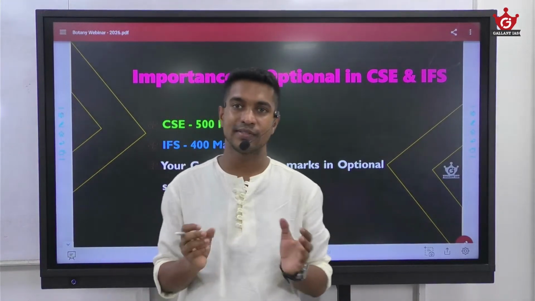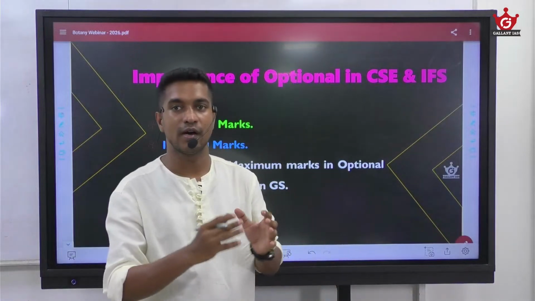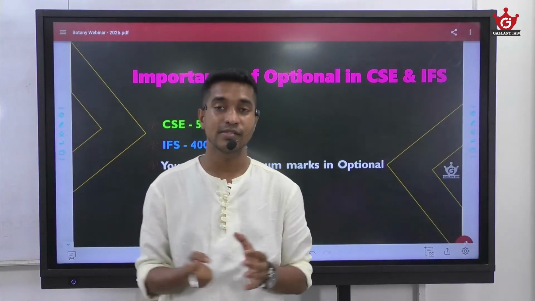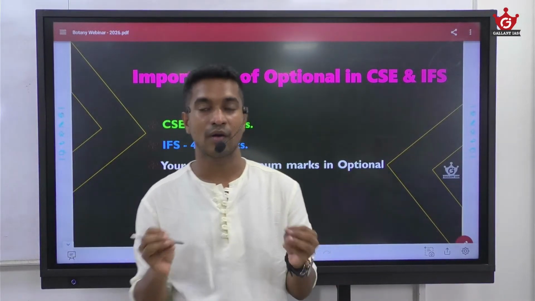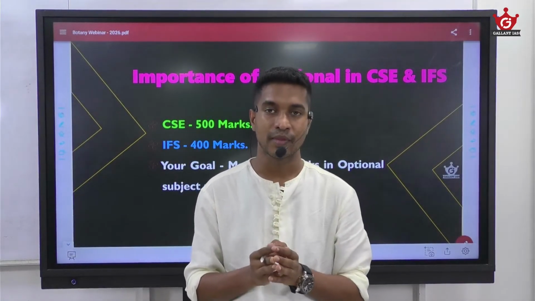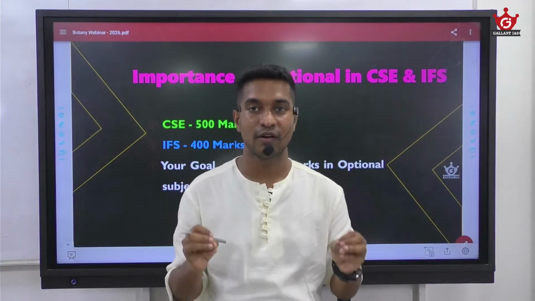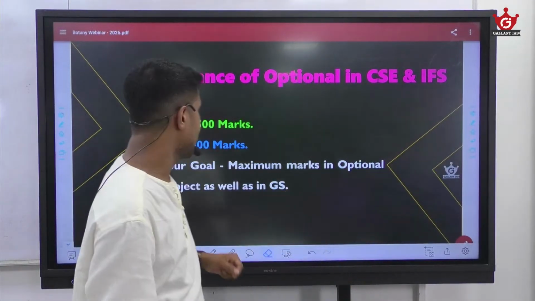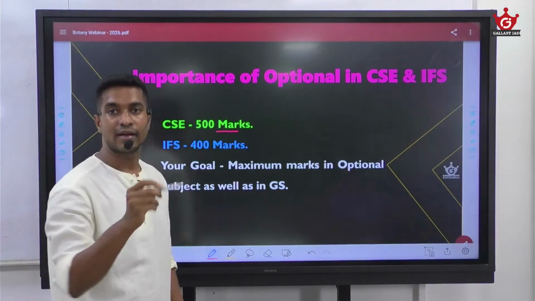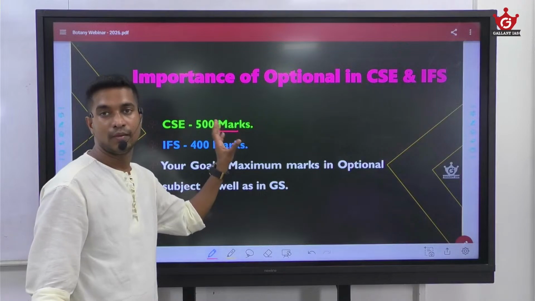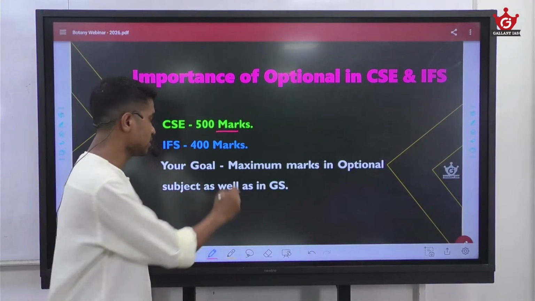Okay, so this is an orientation session with regard to Botany Optional. As you all know, in CSE and in the Indian Forest Service exam, Botany is an optional subject. You all know the importance of an optional subject. In CSE, you get 500 marks from this optional paper, and in the Indian Forest Service, 400